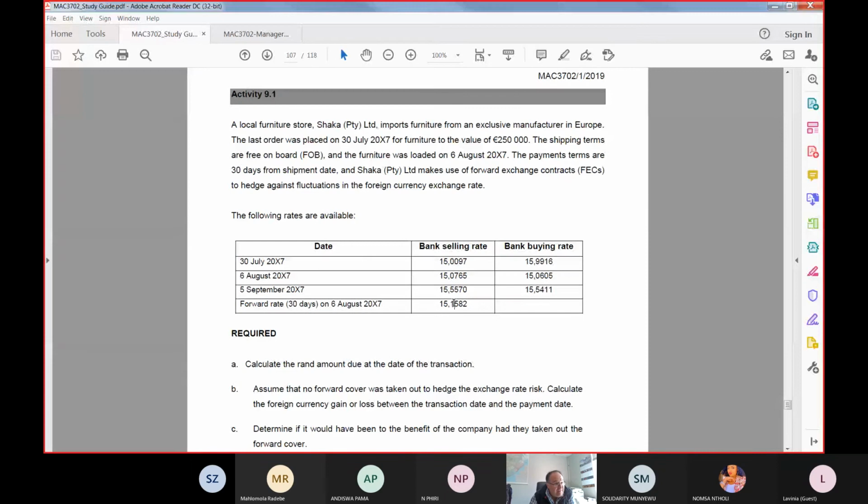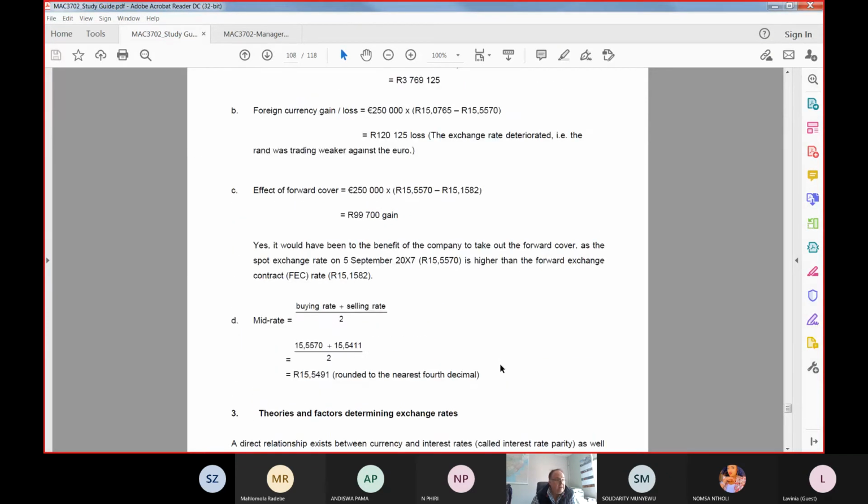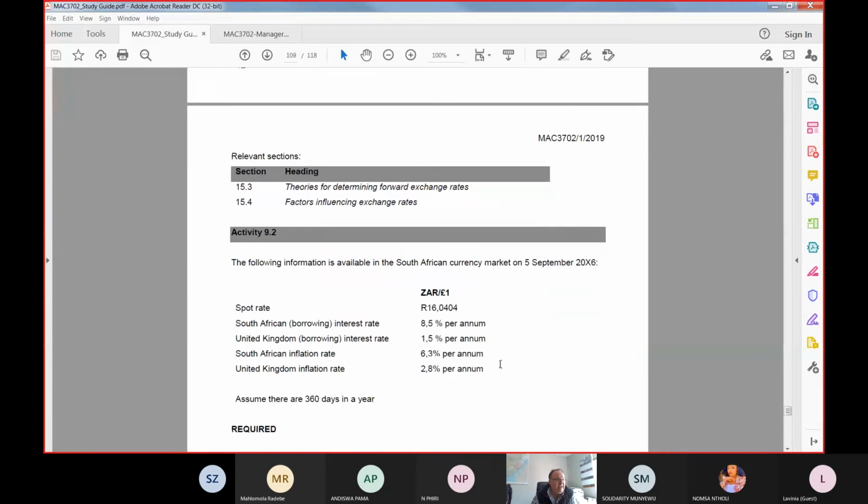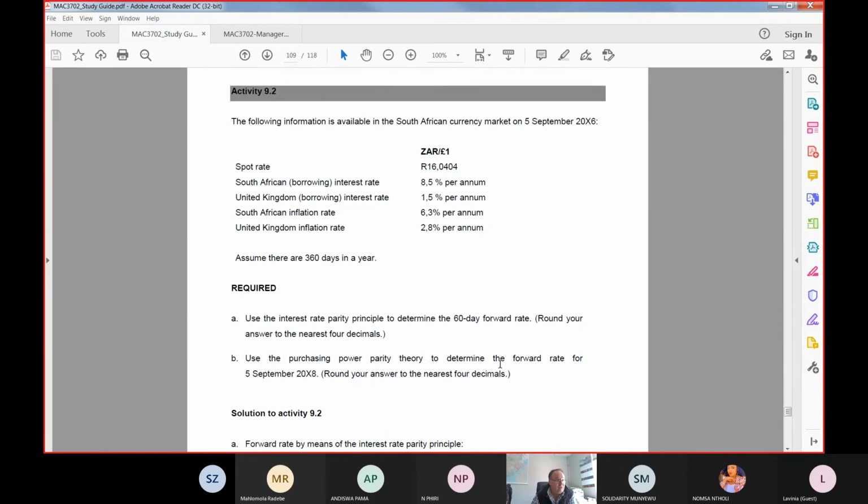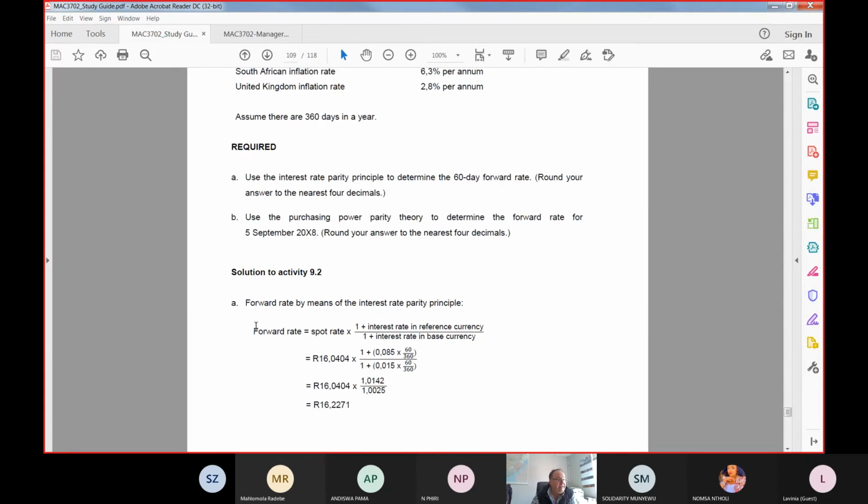How do we calculate the FECs? This is how they calculate it. Depending on the country, they either work on inflation parity or interest parity. South Africa uses interest parity, unfortunately, in the short term. So here is the calculation. The forward exchange rate